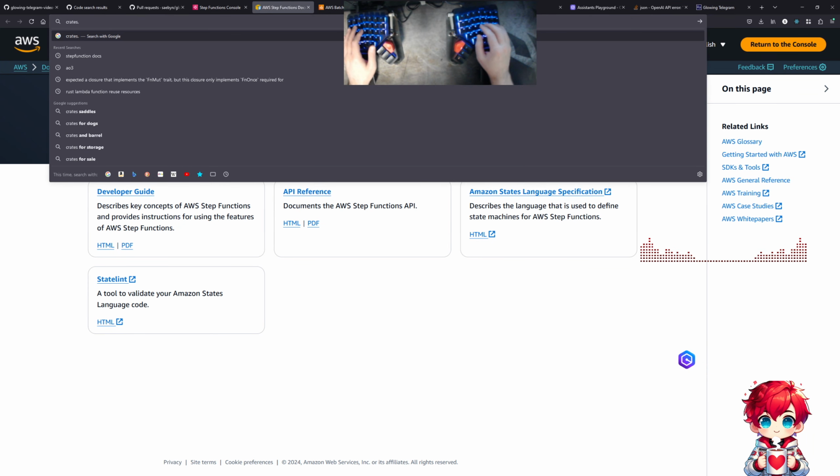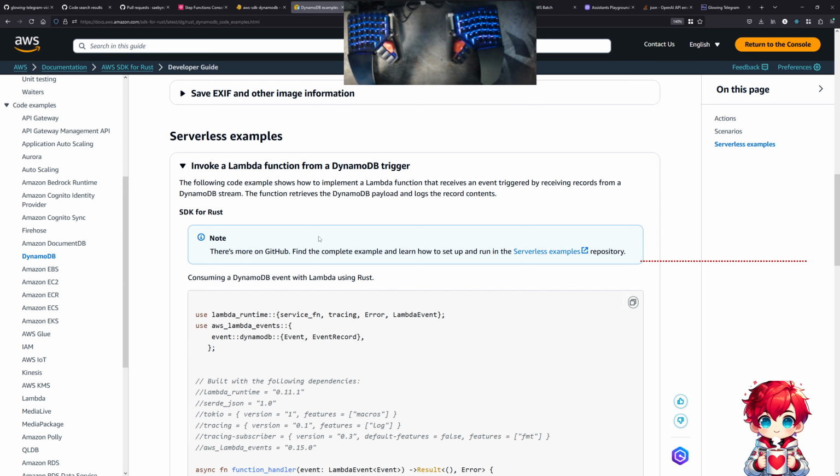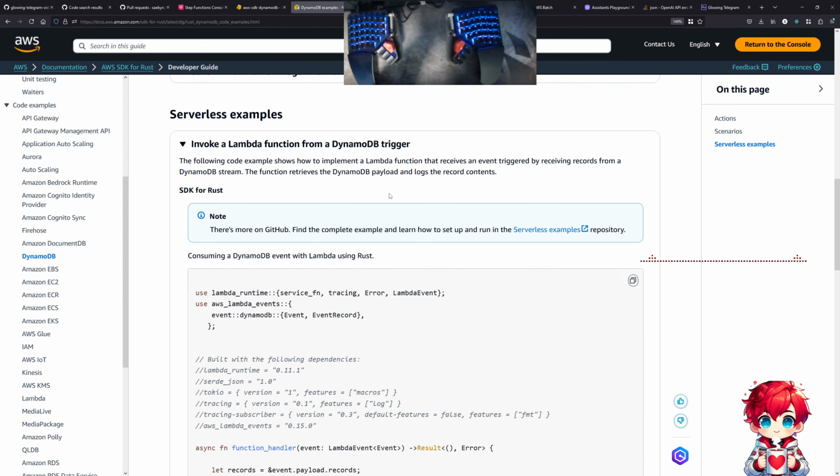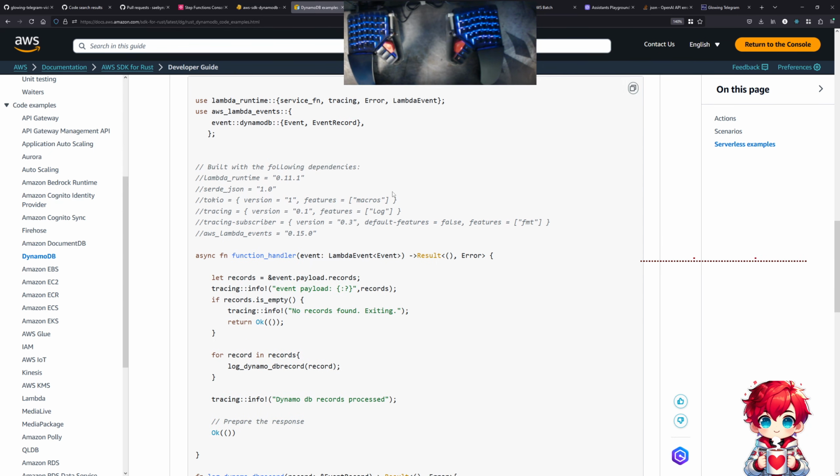SDK code examples, but for DynamoDB. This might actually be good, right? Invoke a Lambda function from a DynamoDB trigger, because that might